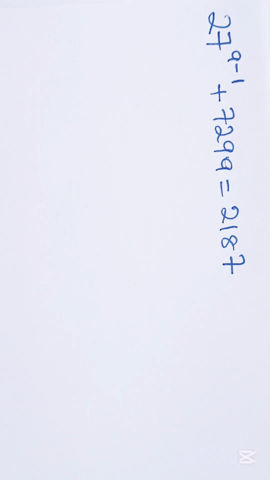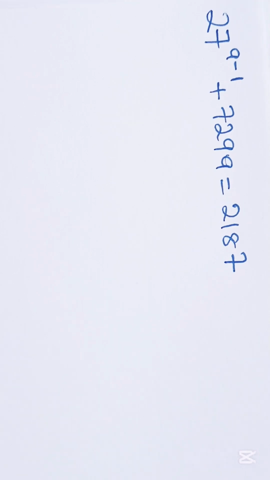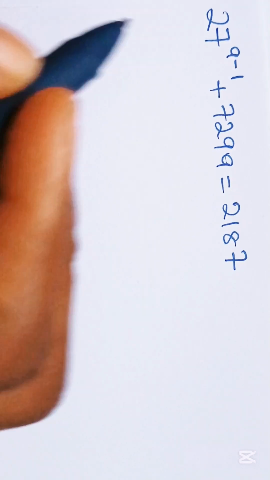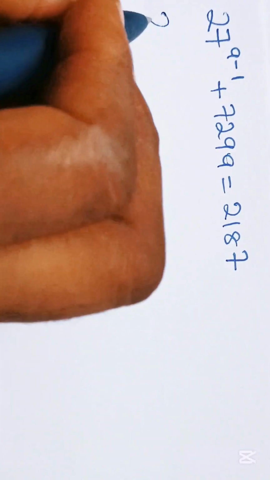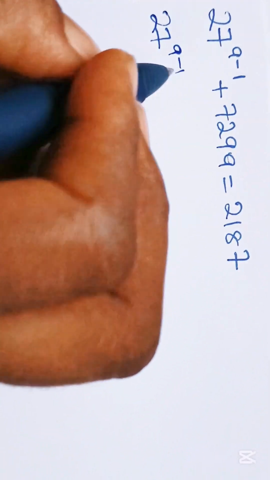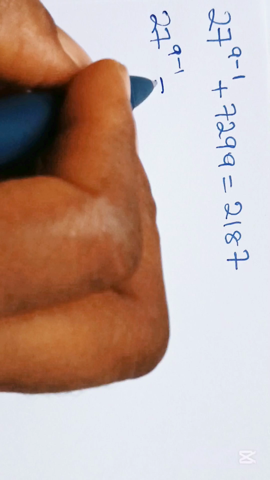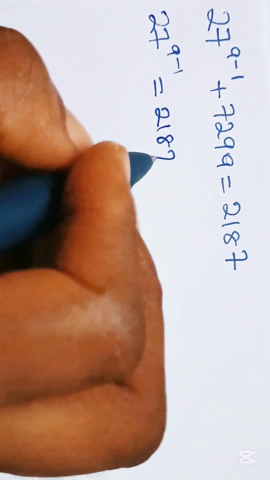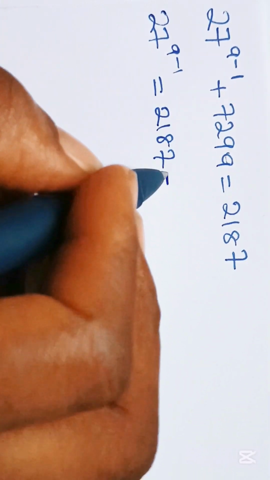Let's solve for A. Now, this is obviously exponential, so we just need to figure it out together. Let's figure out how to get a common base from this. Now, this is 27 to the power of A minus 1, which is equal to 2187. Let's transfer this so it becomes minus